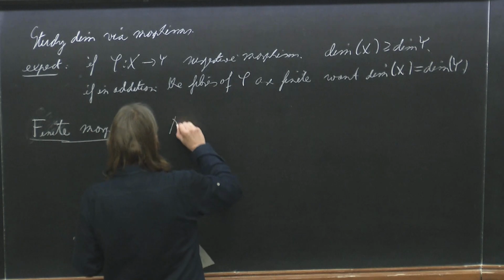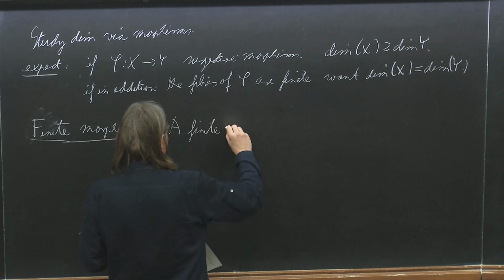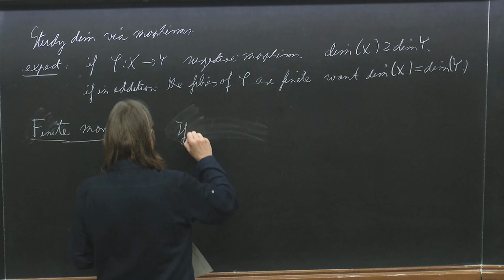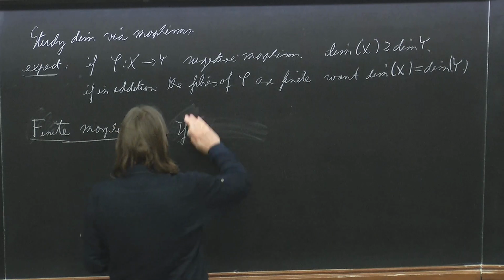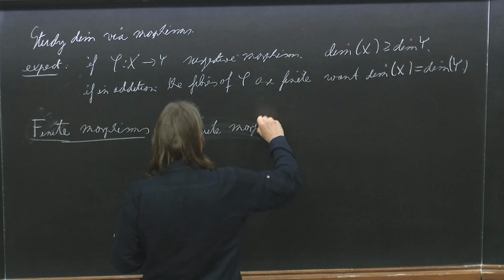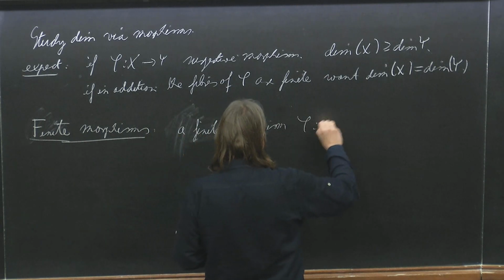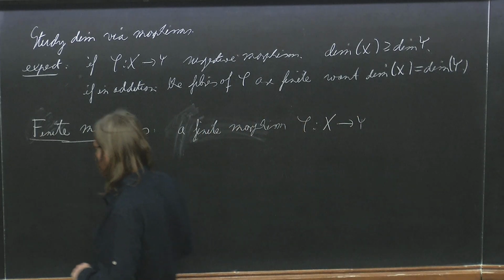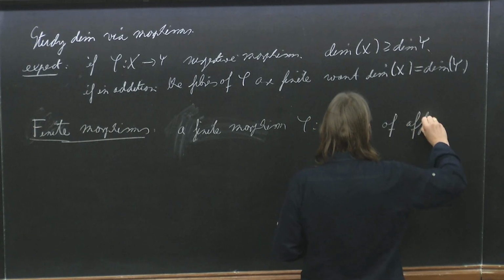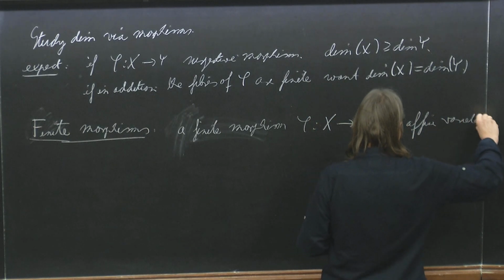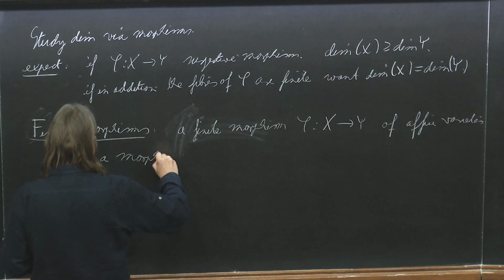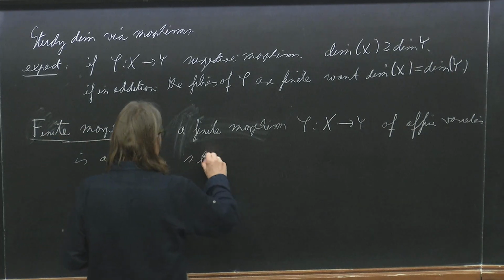So a finite morphism X to Y is a morphism of affine varieties such that